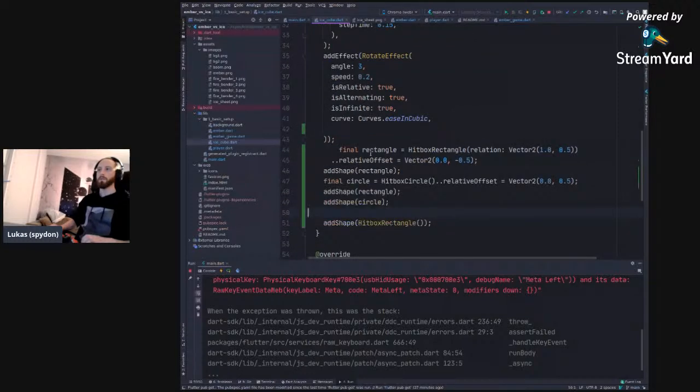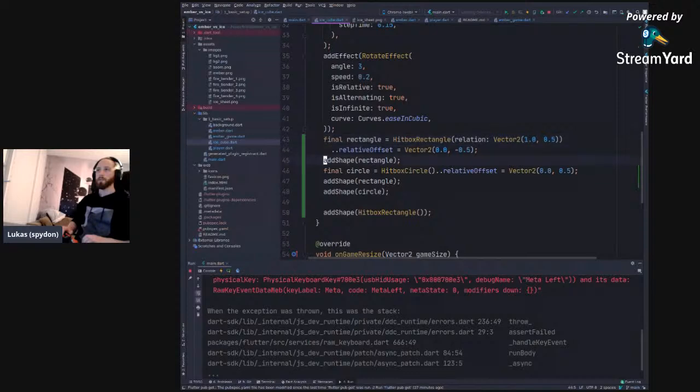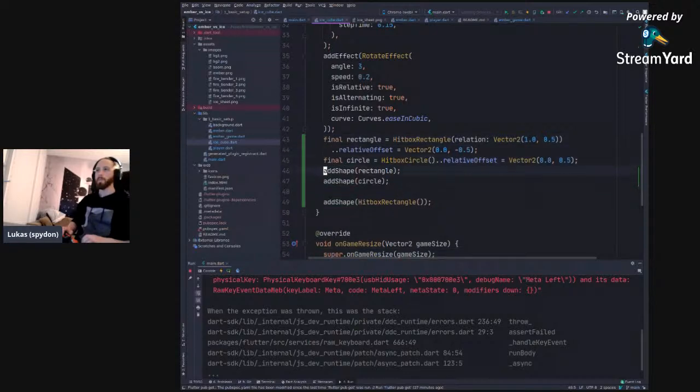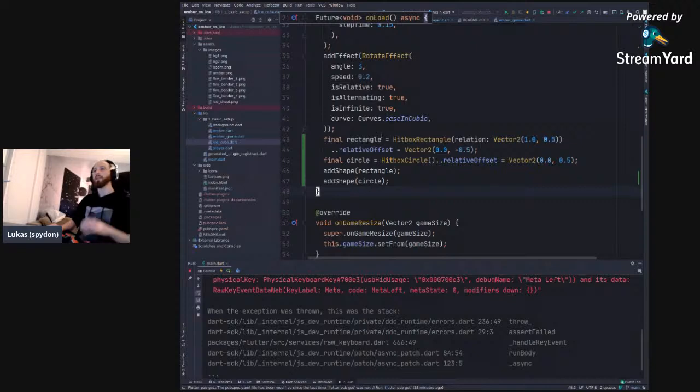So now we remove this rectangle that covers everything. And here, now these ones are not empty anymore. We define, for the rectangle first, a relation. And this is the relation to the size of the component. So it should be as wide as the component is,